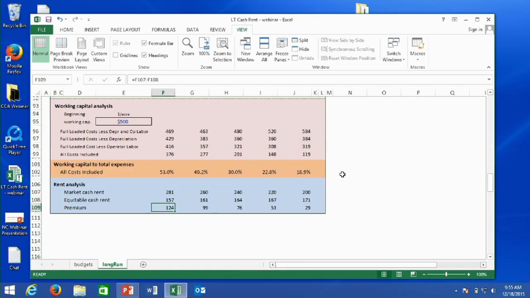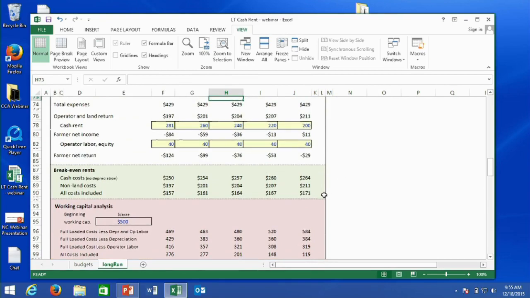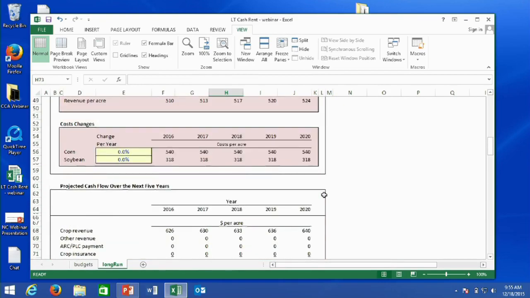So here's our premium that we're paying above break even. Still tight working capital. And here's the working capital analysis. If we're going to use that 30% as our target, we've dropped below that at the end of 3 years. So a scenario that might be a little more realistic is to keep prices